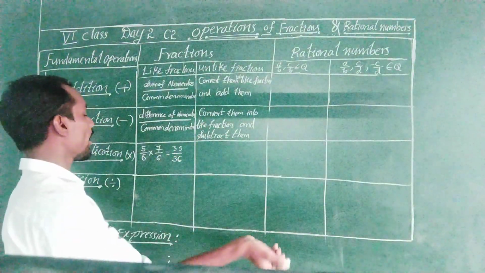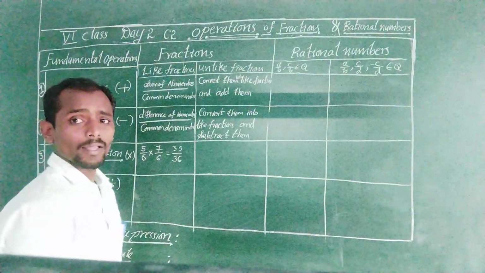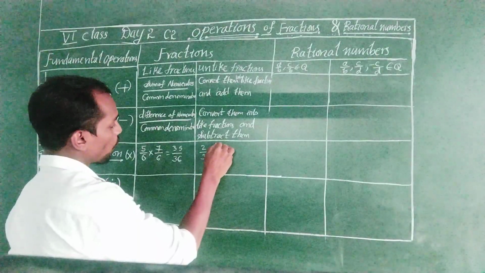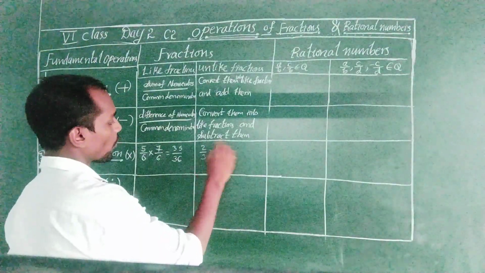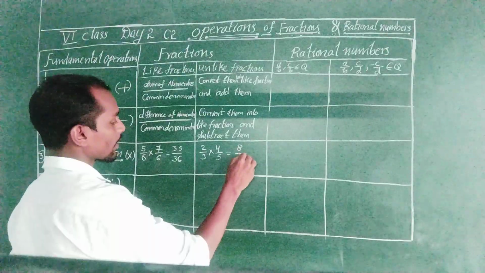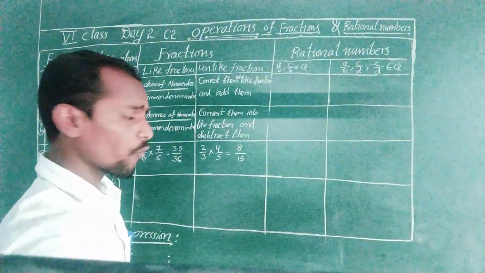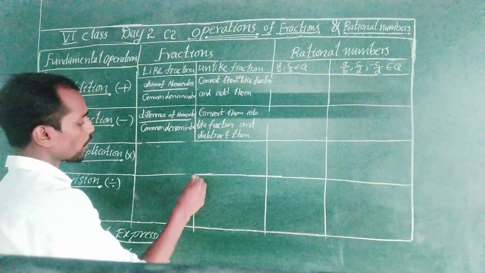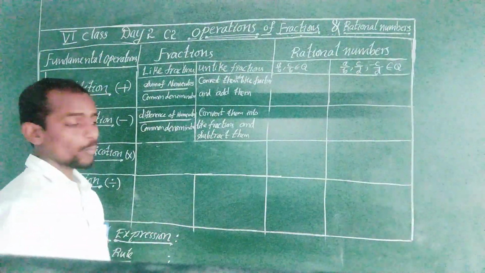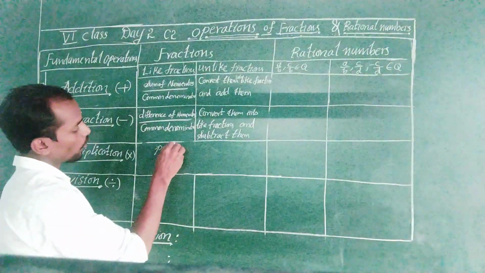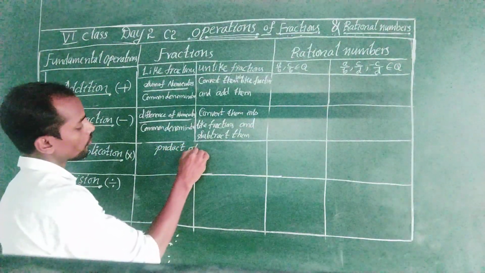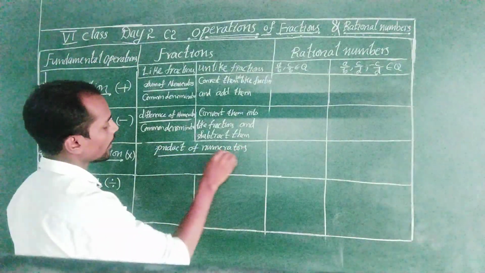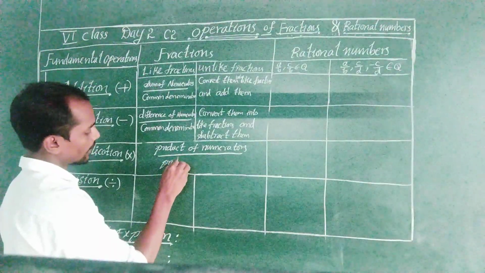Same, I am taking two unlike fractions, so the process is the same. Now 2 by 3 into 4 by 5 equal to 4 2s are 8 by 5 3s are 15. Let us generalize it. Whatever fractions are there, you just have to multiply both numerators. When you multiply both numerators, you will get the product of numerators by product of denominators.